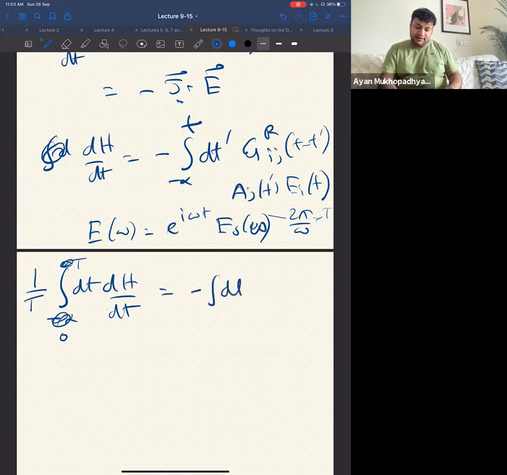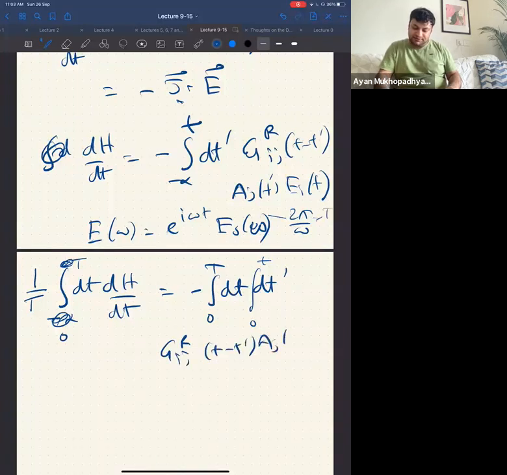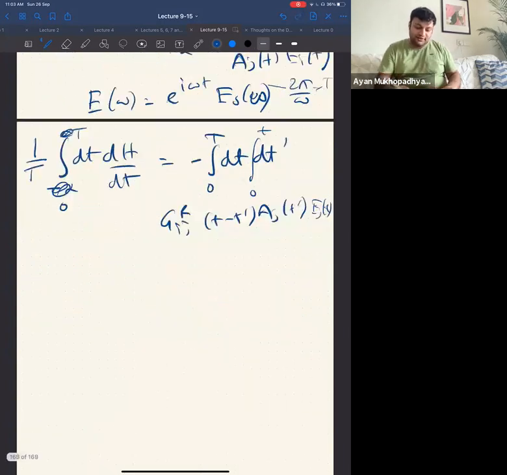And then if I do that, I will actually have to do this integral from 0 to t, and then dt prime would be from 0 to small t, and then you have a theta here and everything. So I don't want to go through all the details, but you can. Let me quickly tell you: G^R_ij(t − t'), A_j(t'), and E_j(t). But again, you can convert this to a frequency integral, and the frequency integral would look something like this: